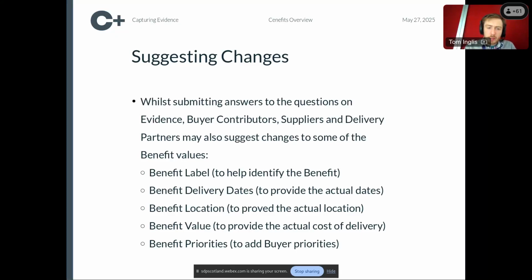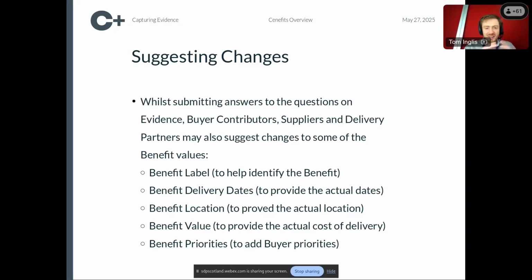You've got delivery dates, so obviously the delivery dates were originally probably entered by the project manager. Perhaps you want to make a change to those delivery dates, or have some other proposal. You can suggest changes to those here. Maybe you'd originally agreed that this was being delivered in a particular location, and it's a different one. Again, you could suggest a change of that. And if as part of this work it was monetarily based, and you were agreeing to do an amount of work, and that changes or fluctuates slightly, again, there's an option to change that. And finally,